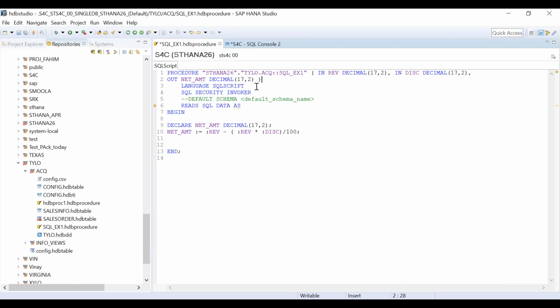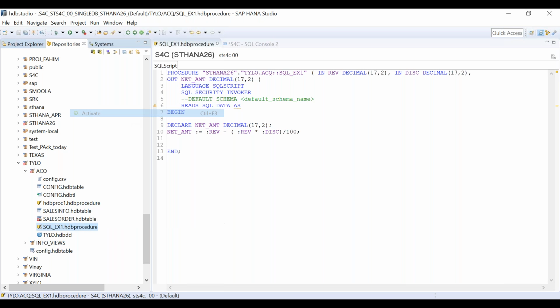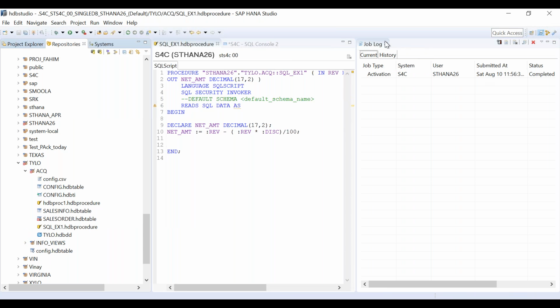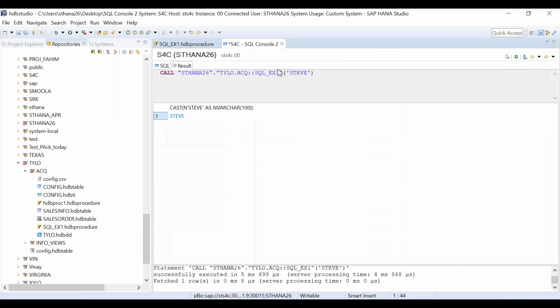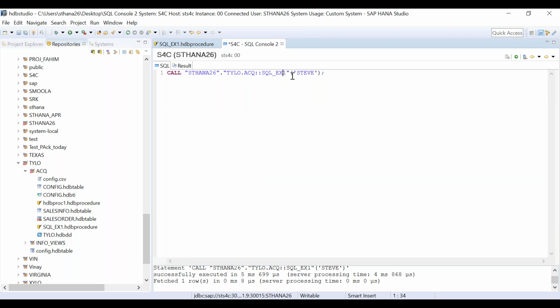Okay, very simple. Let's save it and execute it. Activated, done. Now let's close. Let's again run it. Now try to understand how I call it. There are three parameters, right?